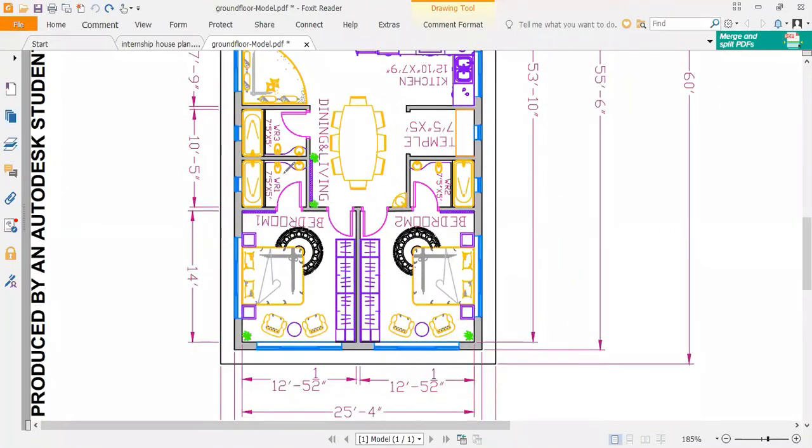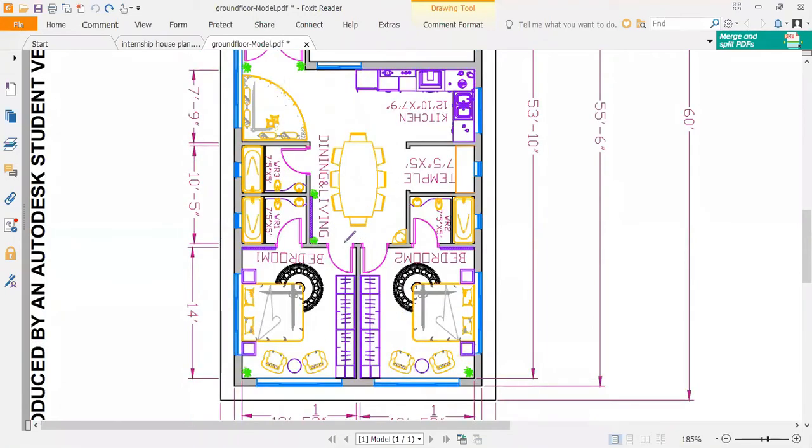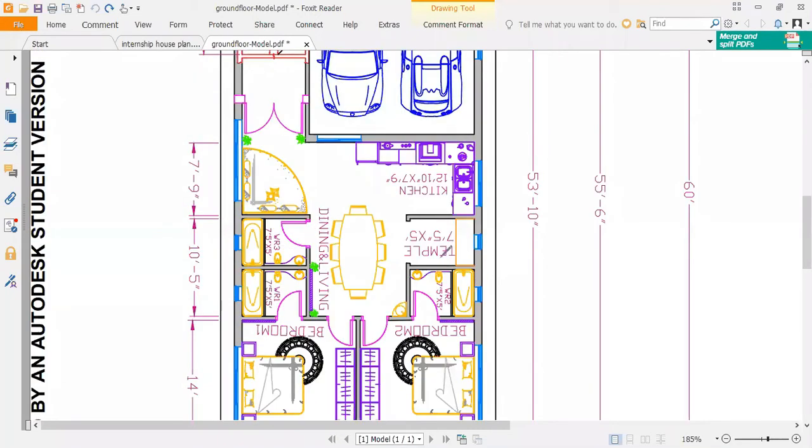Okay, you provided 3 bathrooms. That's the problem. That's why it became so congested. I'm just wondering why it is looking so congested. You provided 3 bathrooms. There was no need for 3 bathrooms. One common bathroom and two attached toilets. Two attached is fine, but that means you are considering that as a master bedroom. In a small place like this, I don't think there is a need. If the client requires it that way, that is fine. But I think one attached toilet and one common toilet would have been sufficient.